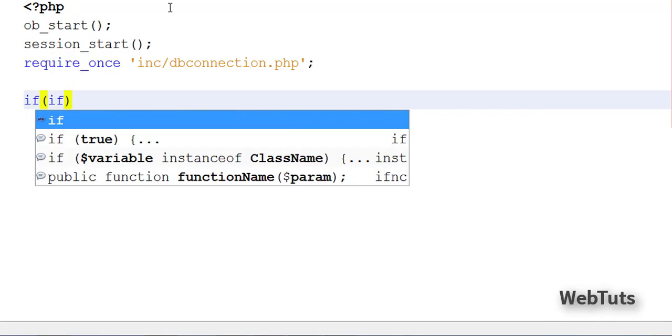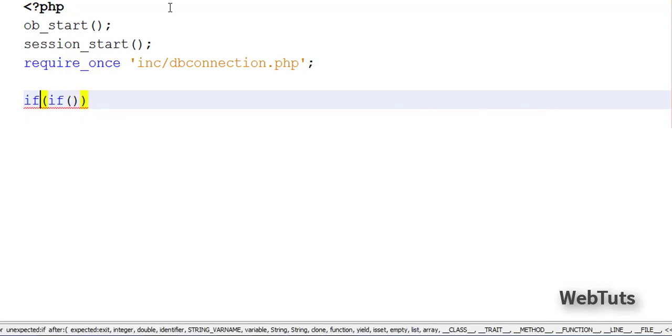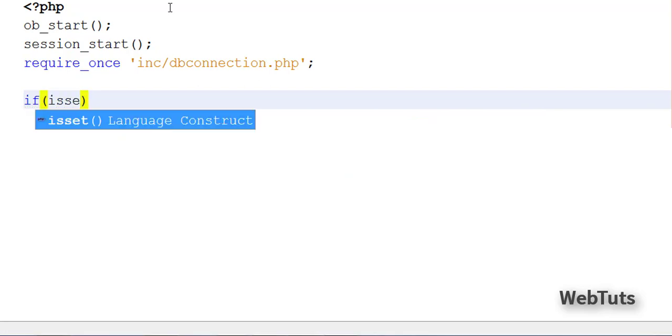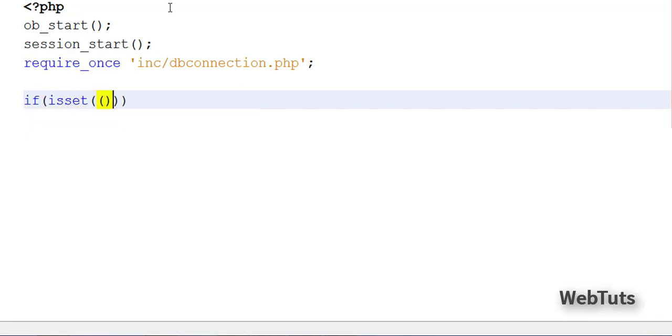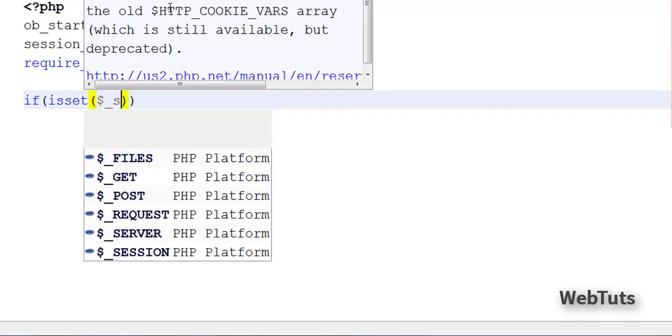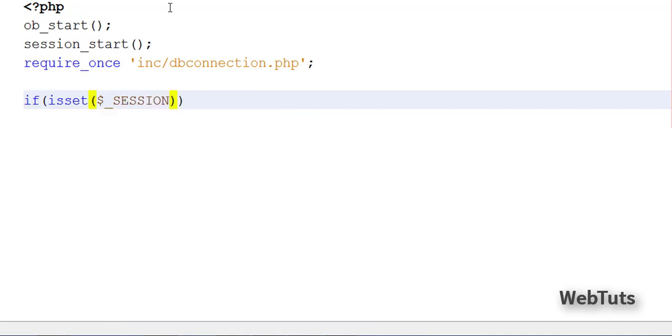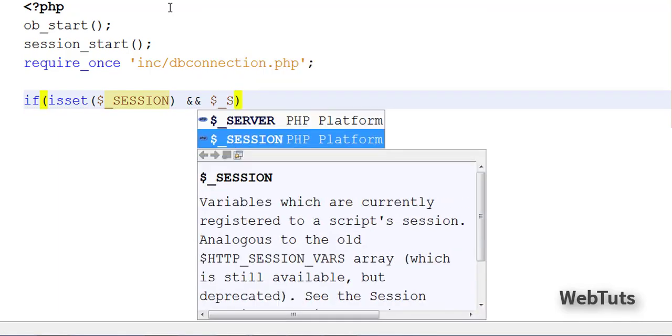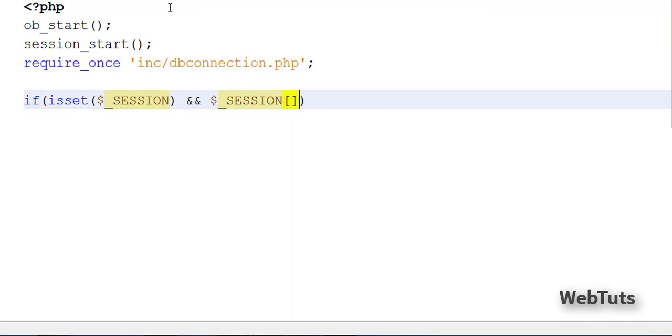If isset dollar underscore session, if session is set and dollar underscore session is to store email,